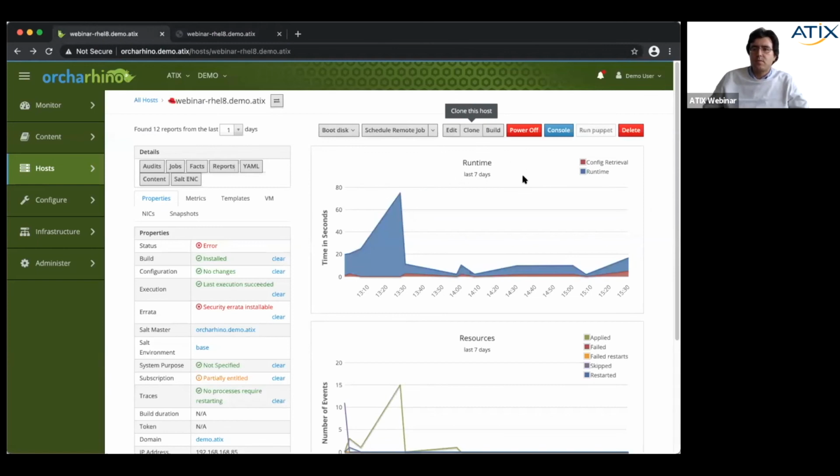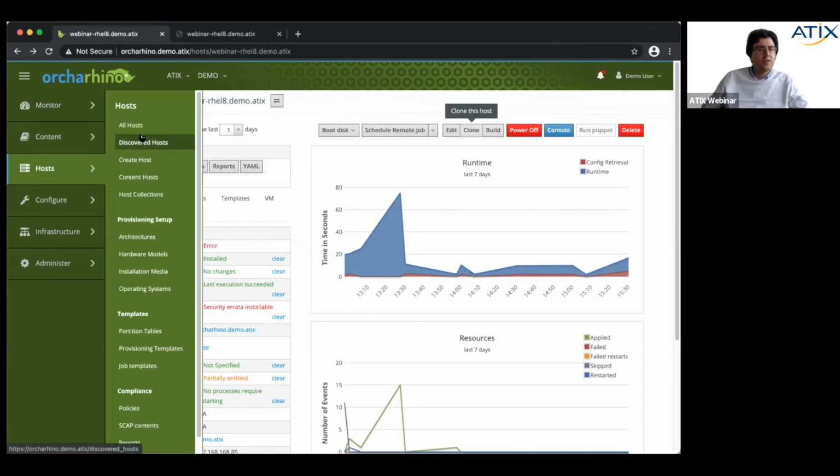So basically, we are almost at the end. Here we have the power off, power on switch, so we can easily switch on and off servers which are connected. On the console, we can have a direct look on our server, on the VMware console, for example. And here in the end, we can delete the server.